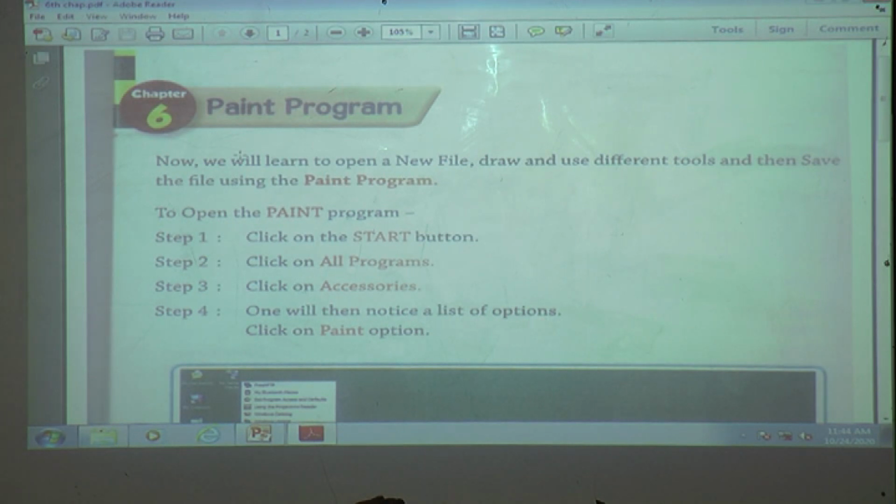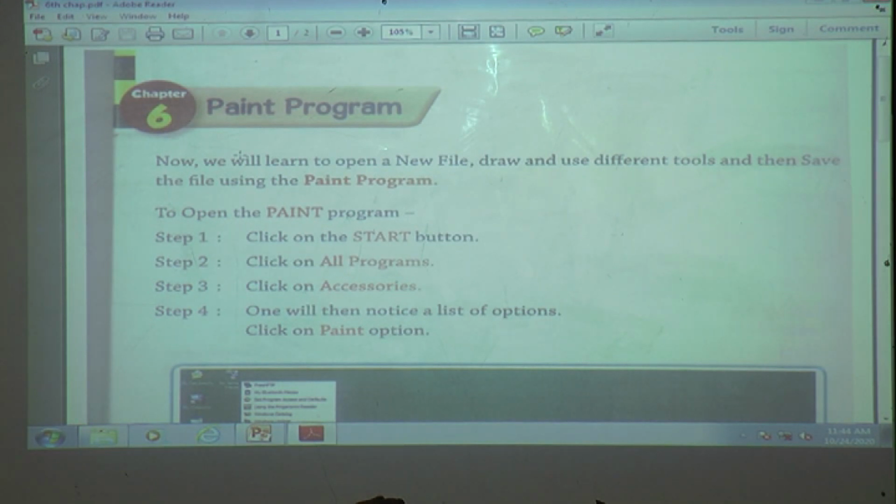What is the use of notepad? If you want to write anything, then we use notepad. We discussed the components of the notepad also. Now, if you want to draw, then which software is useful? Yes, if you want to draw, then paint software is useful. What is the use of paint?